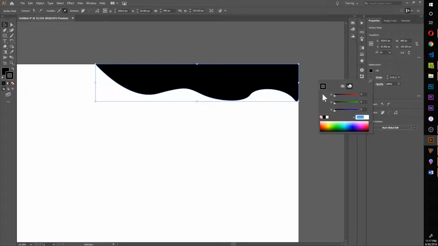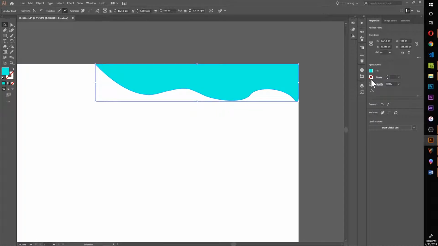And I want to change the fill on this. First, I'm going to turn the stroke off so that we don't have an outline on the shape. And then for the fill, I want to go with this nice mint color. It's 06F9E3. I came across it lately, and I like colors that pop, and this one just seems like a fun one. So now that we have that,